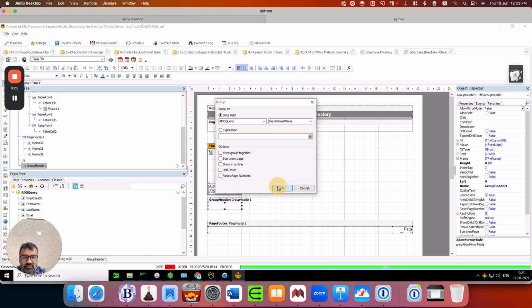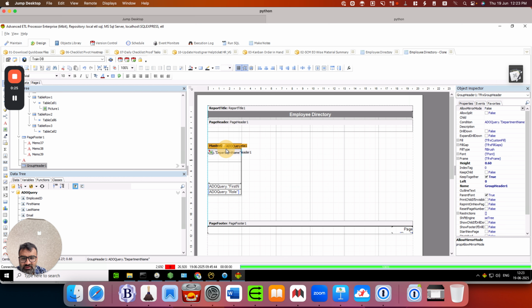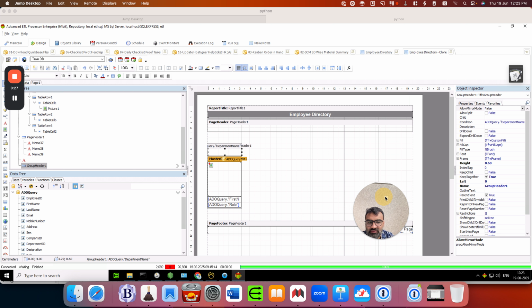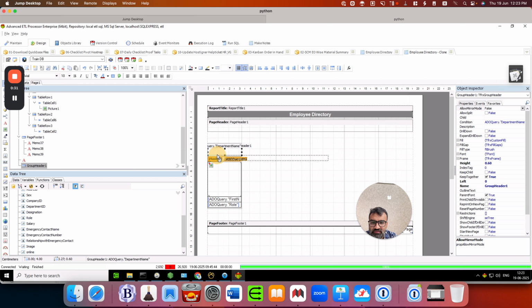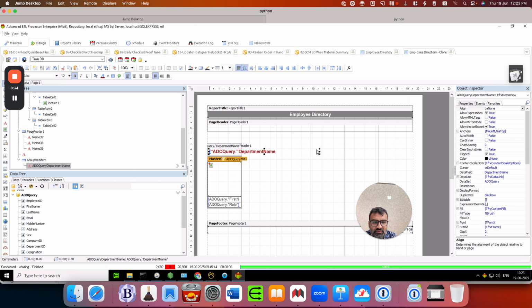Click on this, click on keep group together, click OK, take it to the top. Over here you can simply take department name, drag it on top, let's do a small underline on it as well, click save, and if you preview this